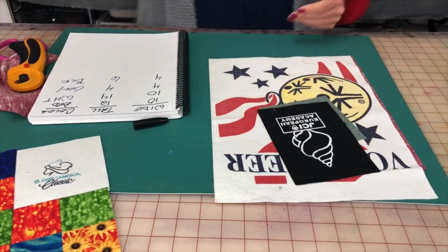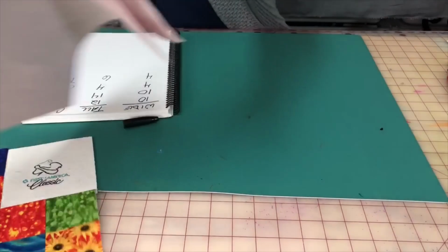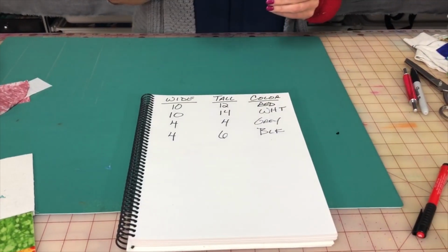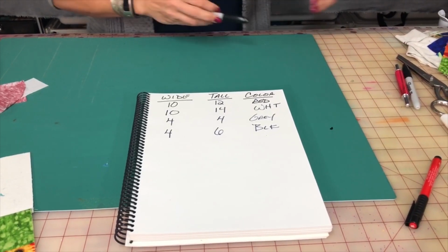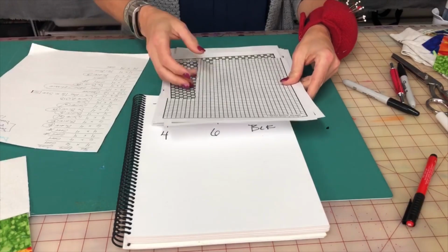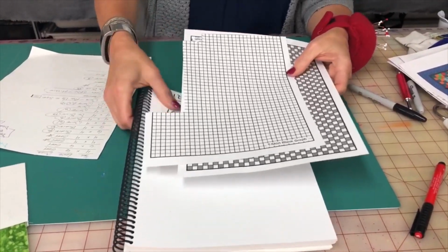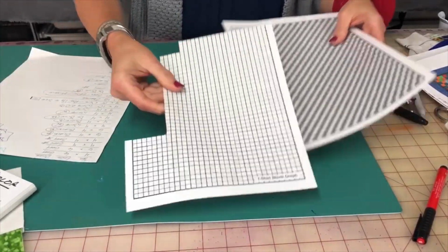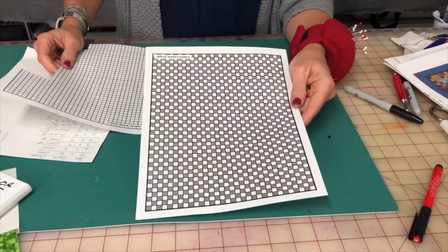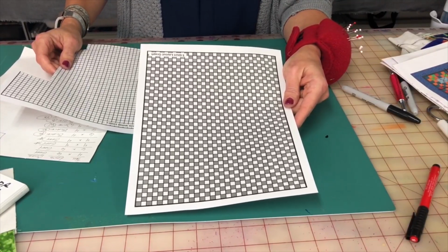All right, now once you have recorded all of the sizes of all of the t-shirts that you have, like I have here, now it's time to actually put them down on paper. So what we're going to do is take the graph. You were given 2 pieces of graph paper in the pattern. One of them has just squares, so I've used some of them already. And the other is actually done in a checkerboard style, and that's for you to be able to do the